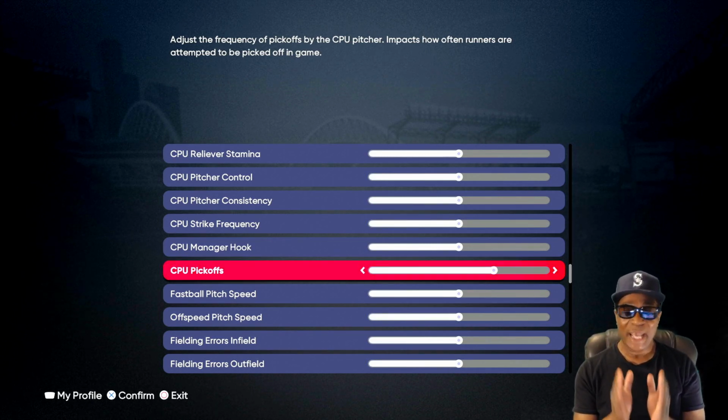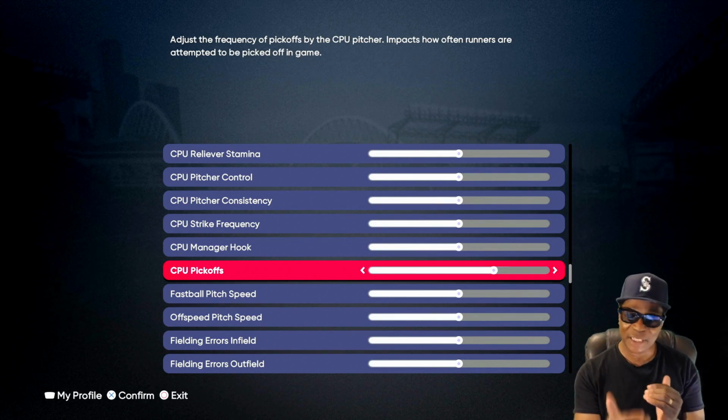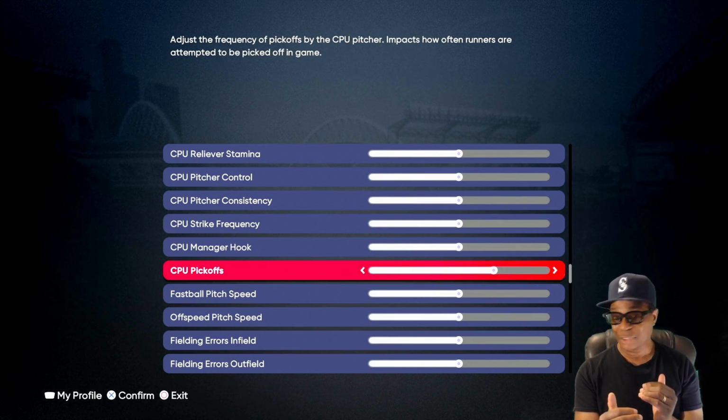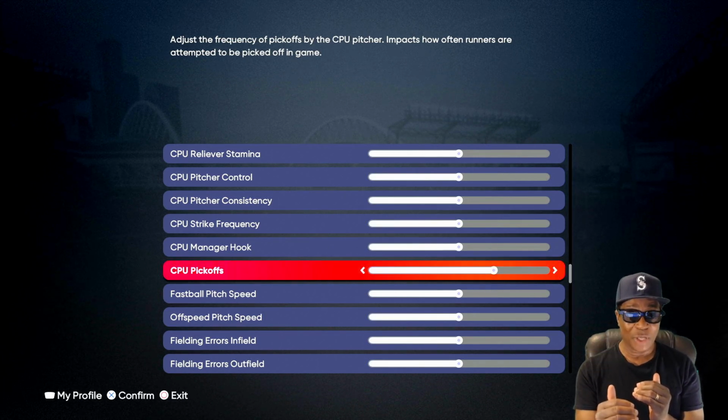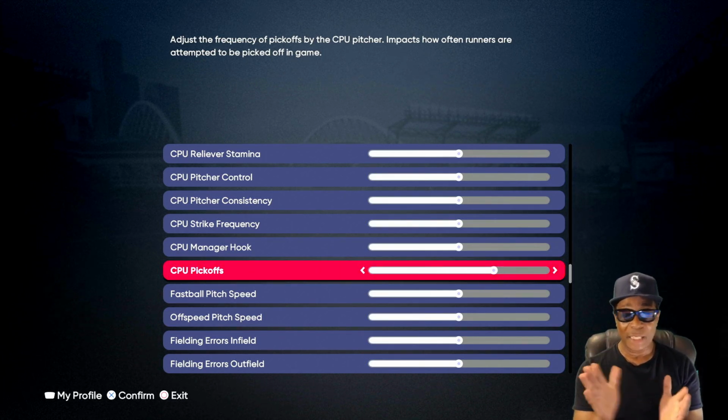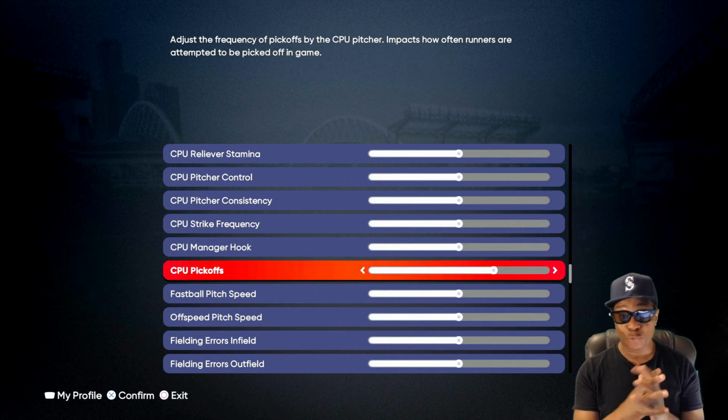Now, if you got a guy that always steals, leading the league in steals, obviously they're going to try to pick him off because they know he's going. They just got to predict the right time. Also, you can do pitch outs to help that. When we talk about CPU pickoffs, I love to see that pitcher, and some of those pitchers have great ratings for pickoffs, right? So I want the ratings in place.